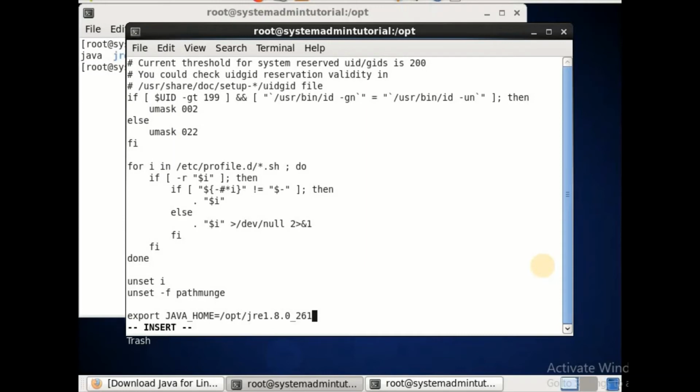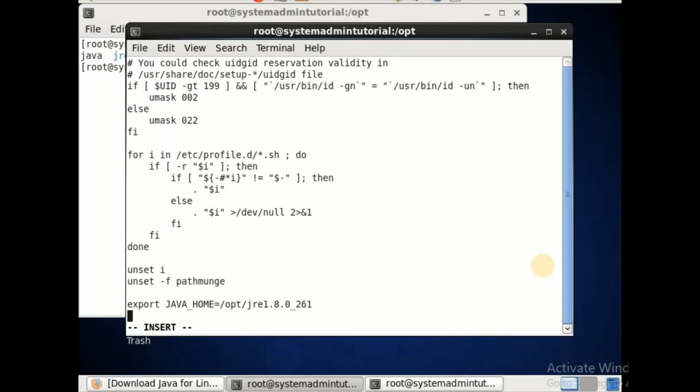This is the complete path. You use another export command, then export the PATH, JAVA_HOME, then the bin folder, so JAVA_HOME/bin colon dollar PATH. This is how we set the environment variable in Linux.